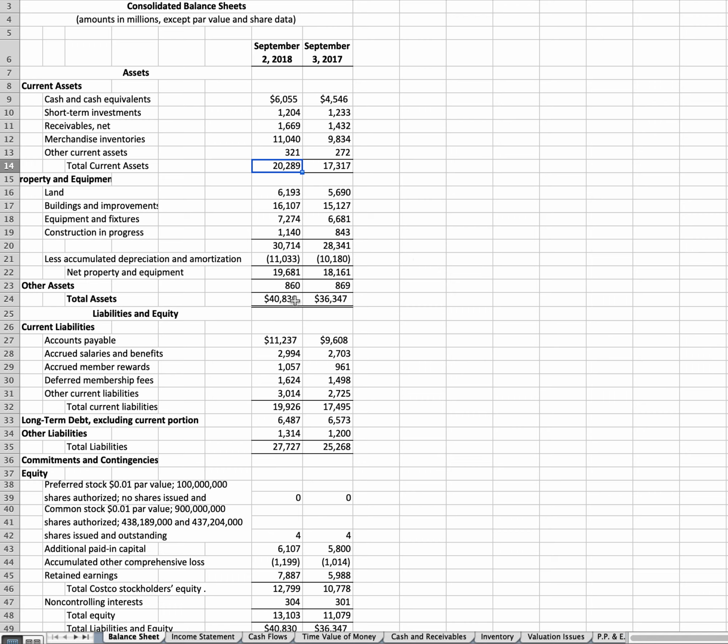The total assets are $40,830,000. The total current liabilities are $19,926, and the total liabilities are